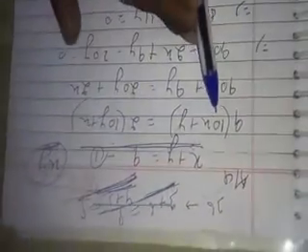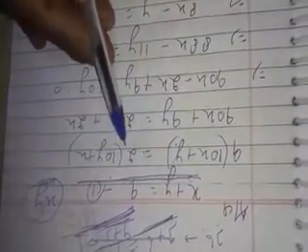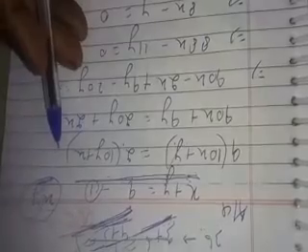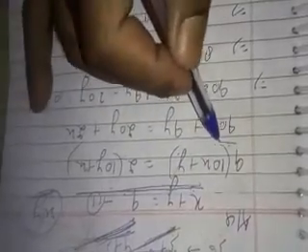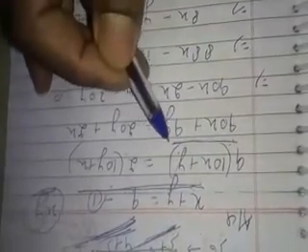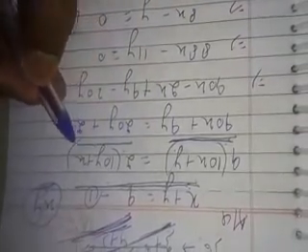Now what is the second condition? The second condition is that 9 times the original number is equal to 2 times the reverse number. It means that if we multiply the original number by 9, then this product is equal to the product of 2 and the reverse number, whatever we obtain. Now here it is our second condition.